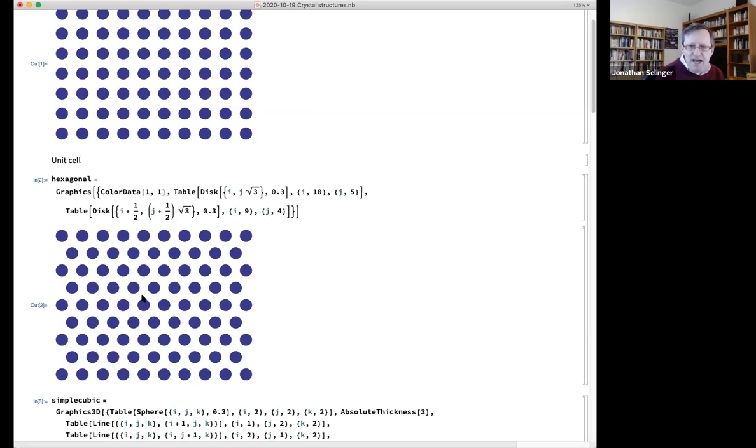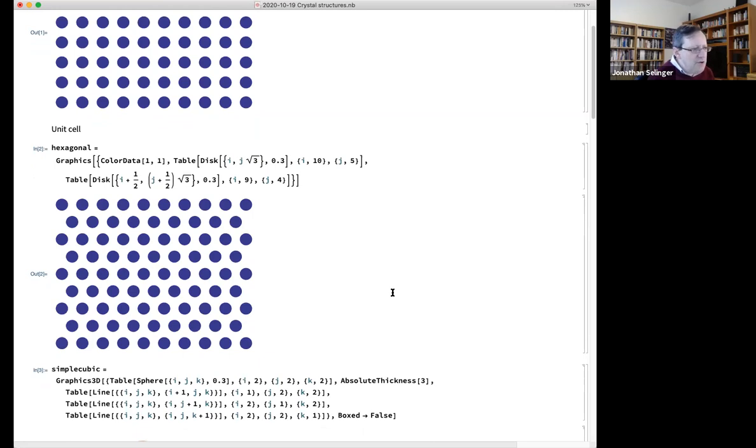It keeps repeating periodically. The repeating unit of that is, well, there are different ways to define the repeating unit. One way to define the repeating unit would be a parallelogram like this one, right? That has an up-pointing triangle and a down-pointing triangle together. There are other crystals in two dimensions. These are just two common structures.